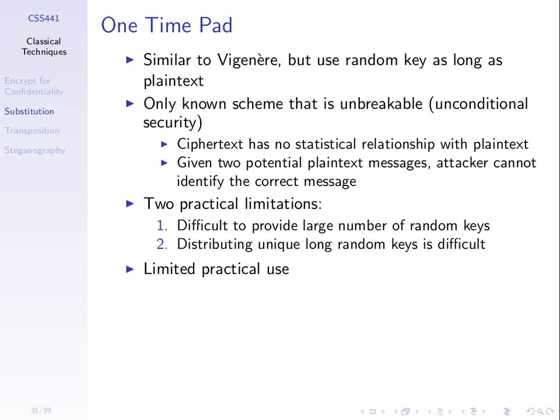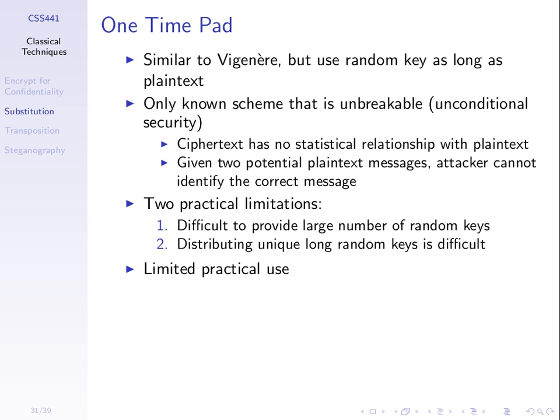And it's unbreakable from a brute force attack because it's highly likely that with two different keys, or when we try a brute force attack, we'll get many possible plaintext messages that make sense. If I get many plaintext messages that make sense, I have no way to know which one's the correct one.